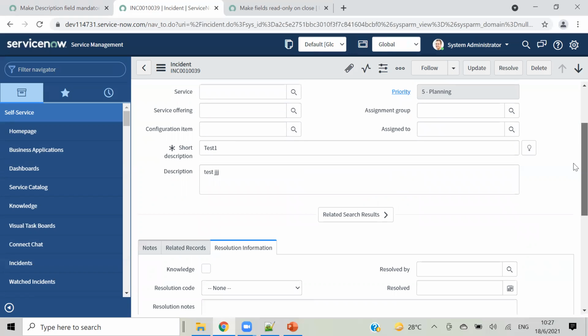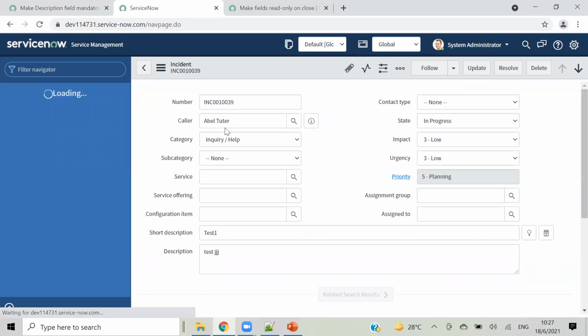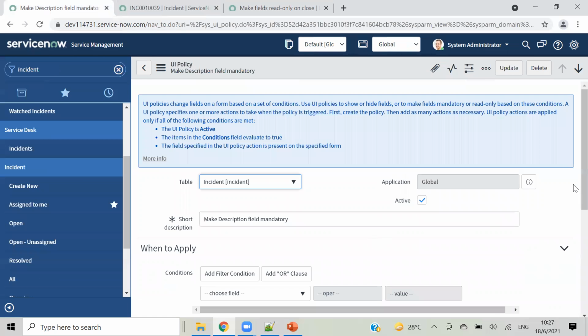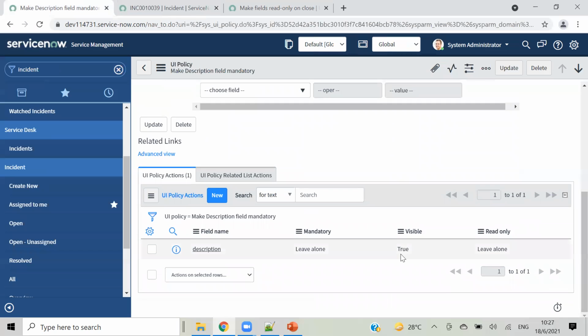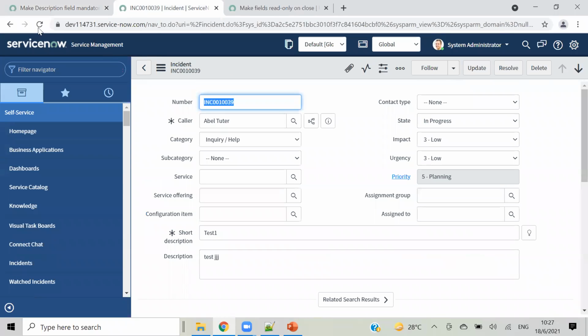Okay, it is not disappearing. Why? Okay, maybe visible is true, right? So visible false. Now it should.